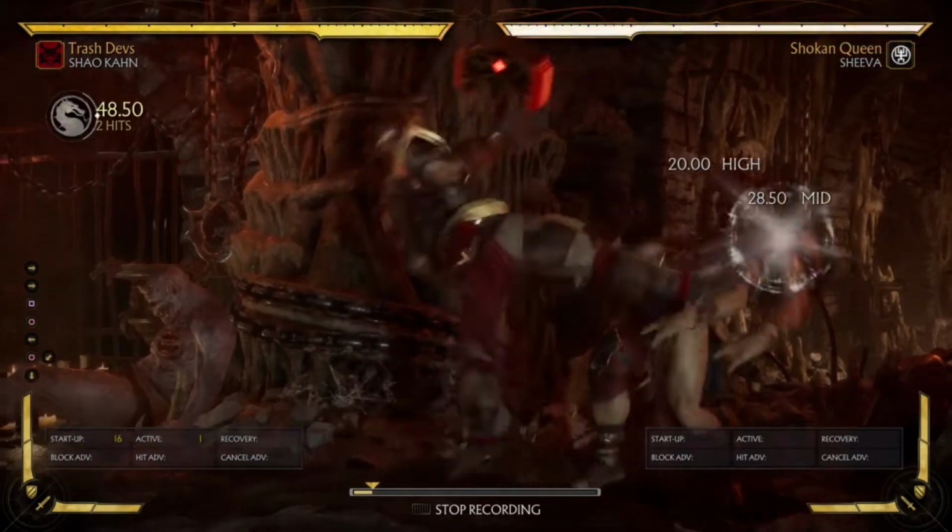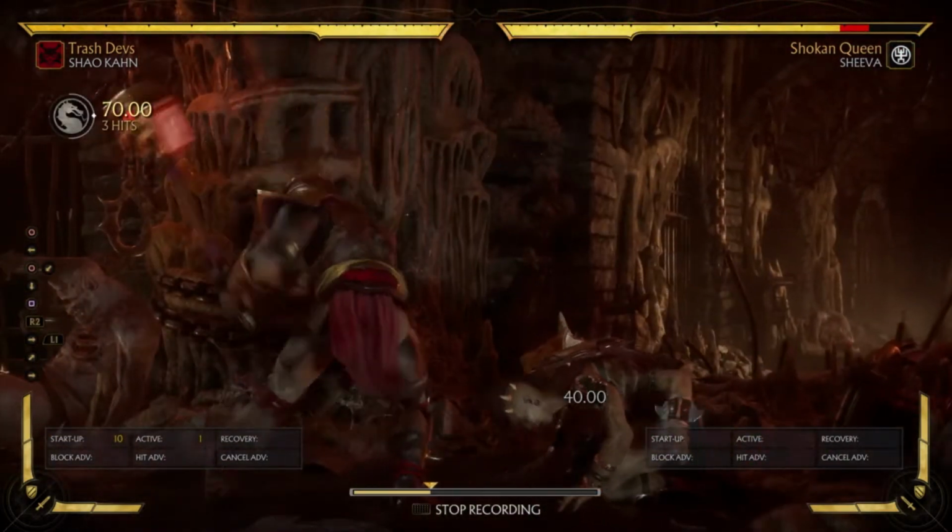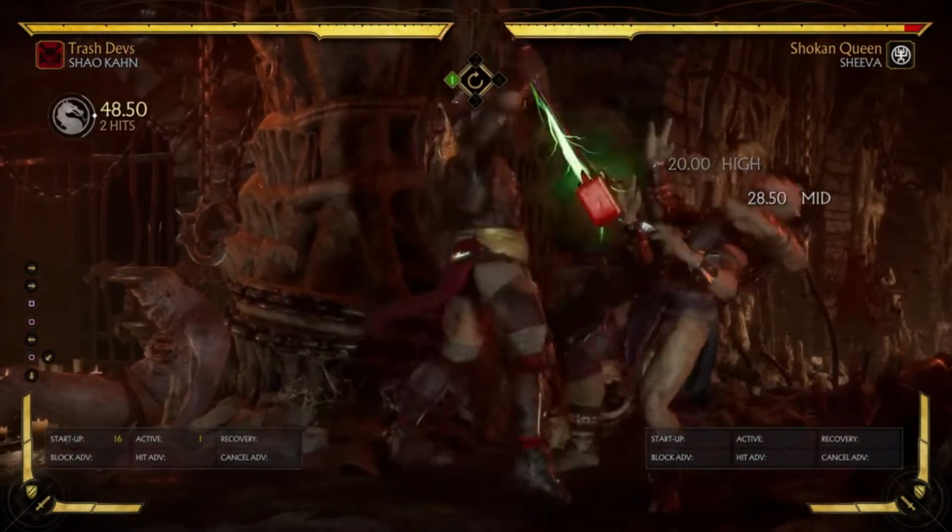If you time it right, you can flawless block an up 3 as well. Takes a little more tighter window timing, but